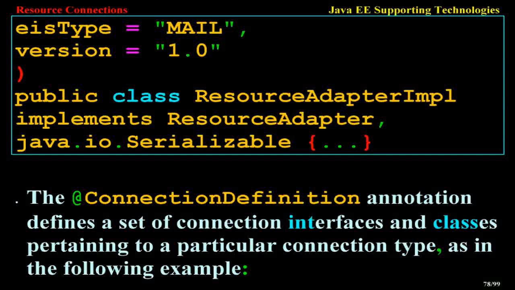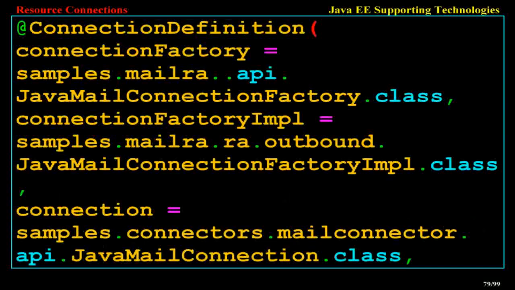as in the following example. @ConnectionDefinition(connectionFactory = samples.mailra.api.JavaMailConnectionFactory.class, connectionFactoryImpl = samples.mailra.ra.outbound.JavaMailConnectionFactoryImpl.class, connection = samples.connectors.mailconnector.api.JavaMailConnection